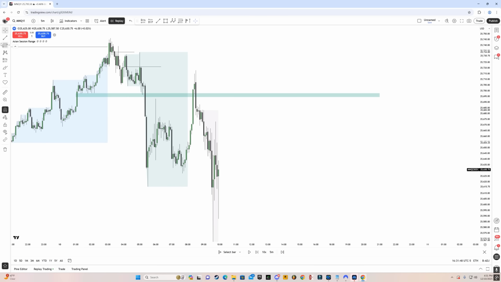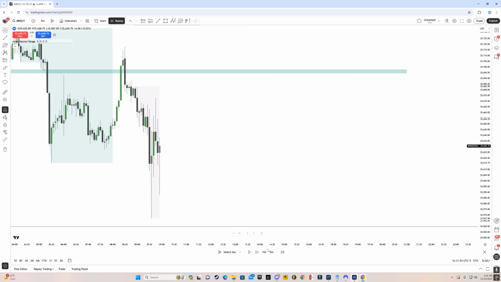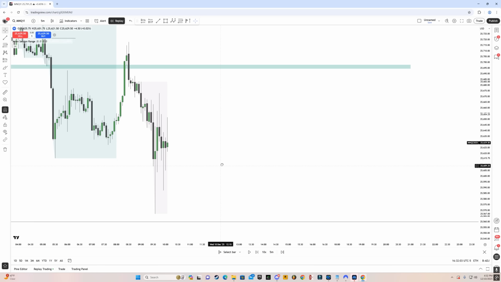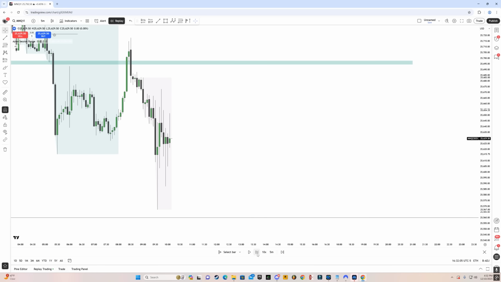So again, we had this continuation purge, right? And again, we kind of inverse. So you can clearly see that we are bearish. So now what I'm waiting for is for price to create a 5-minute fair value gap or 15-minute fair value gap after 9:30. So at this point, we don't have a fair value gap. So we are sitting on our hands and waiting for price to give us a sign that now it's ready to deliver to us the sell side on the 1 hour time frame.